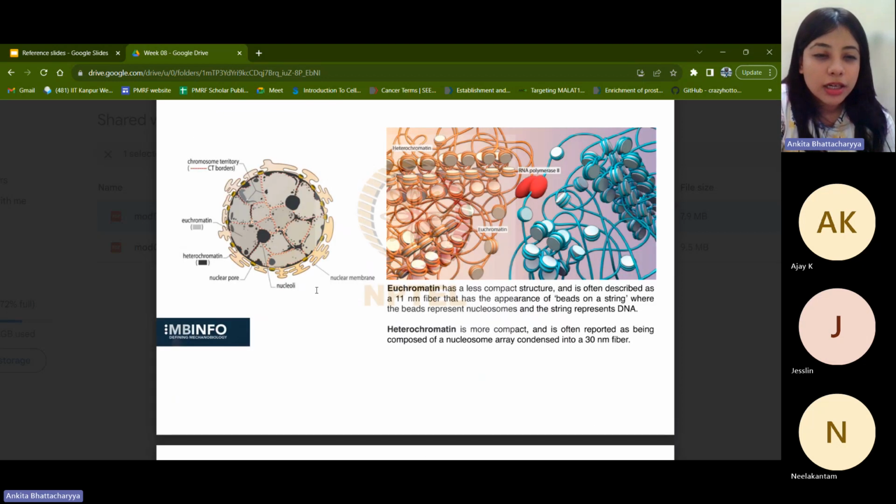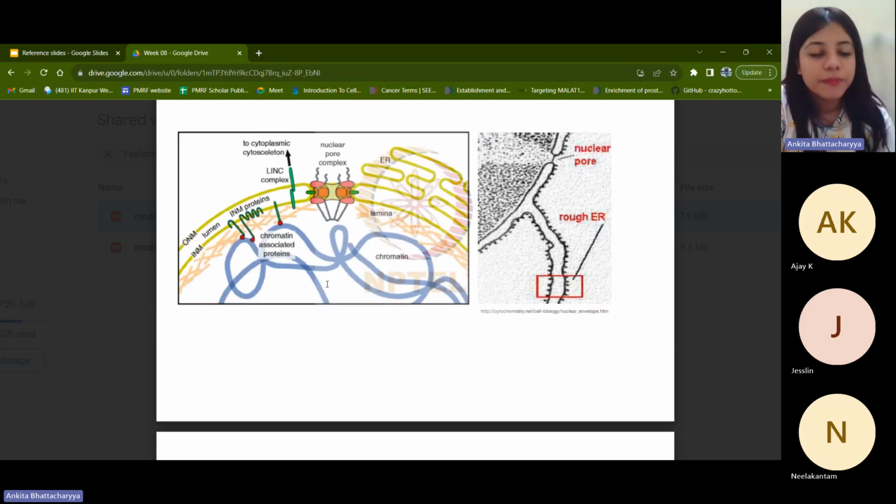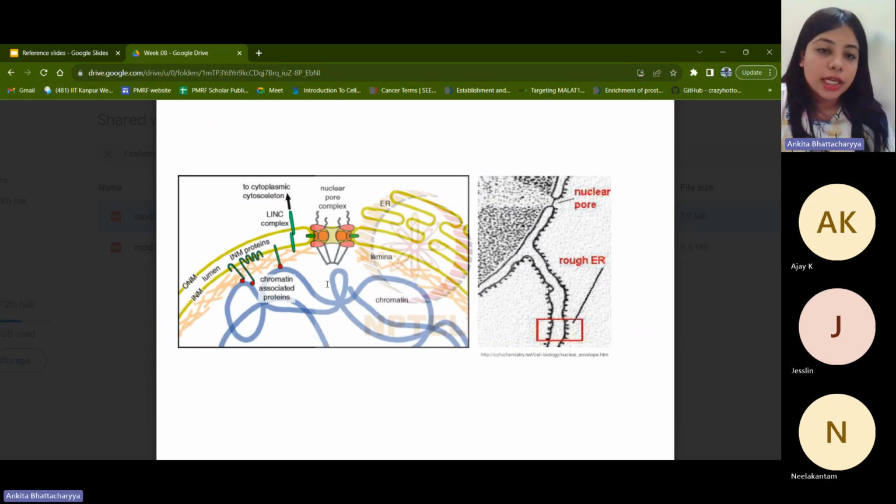And apart from that, you see the nuclear pore, you see nucleoli, and you see the nuclear membrane also as part of the ultrastructure. Now here we see another representation of pretty much the same thing, but at a closer level. So at the nuclear periphery, you can basically see three different layers. You can see the outer nuclear membrane, the inner nuclear membrane, and the lumen between the two.